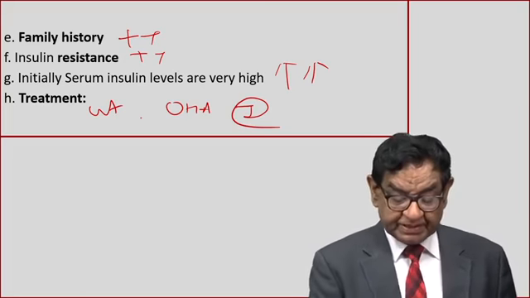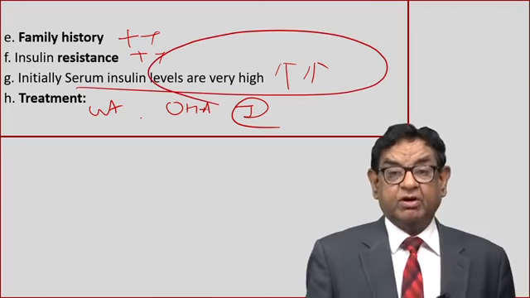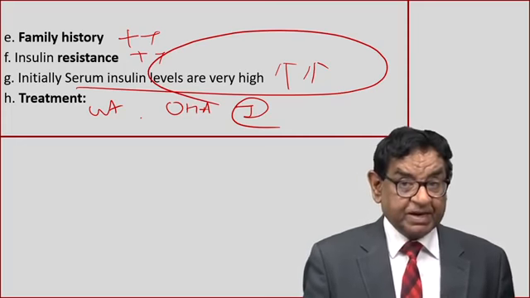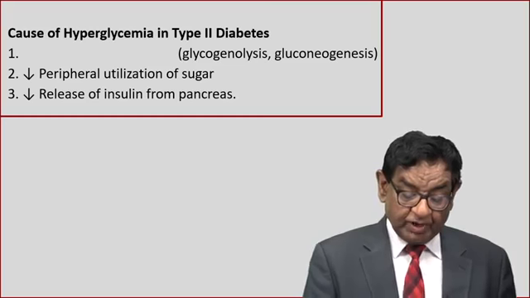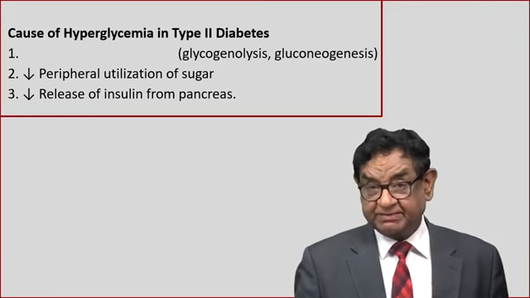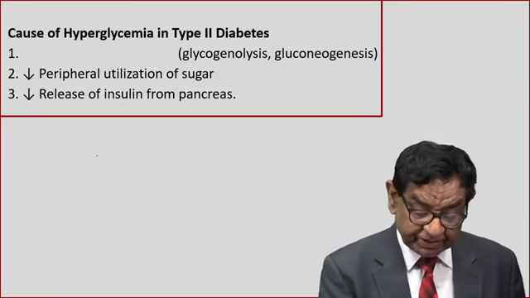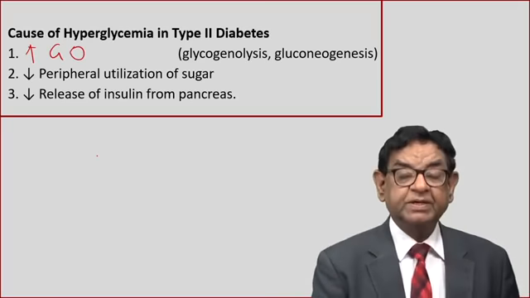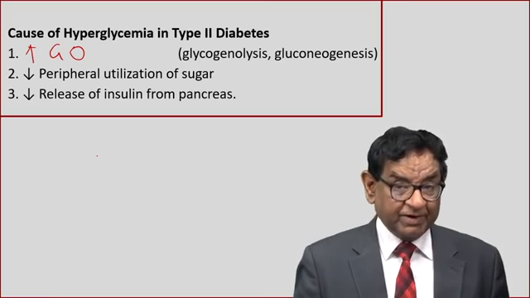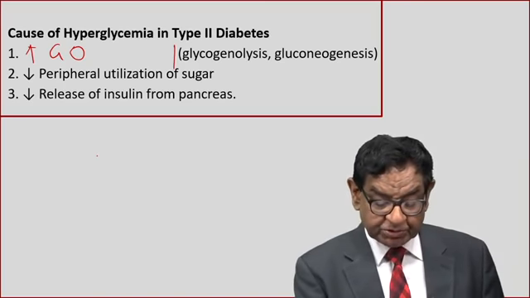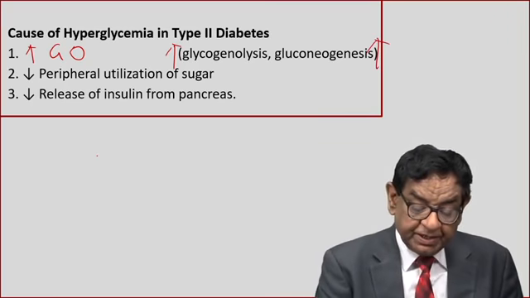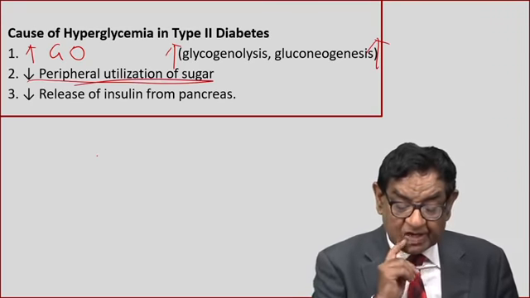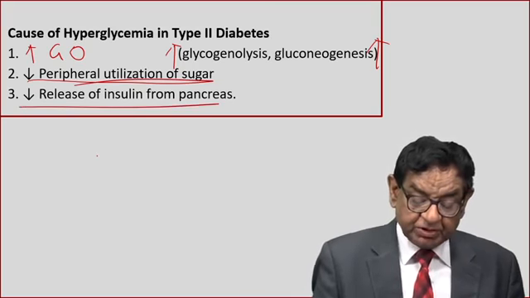But the question is, in these cases serum insulin level is more than normal, but still the patient is hyperglycemic. Why? This I am going to discuss soon. Well, what are the causes of hyperglycemia in type 2 diabetes? First of all, increased glucose output from the liver. This is due to increased glycogenolysis and gluconeogenesis. Reduced peripheral utilization of sugar and reduced insulin release